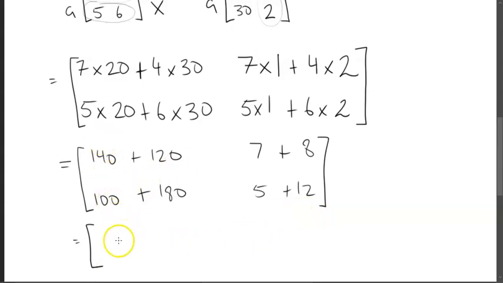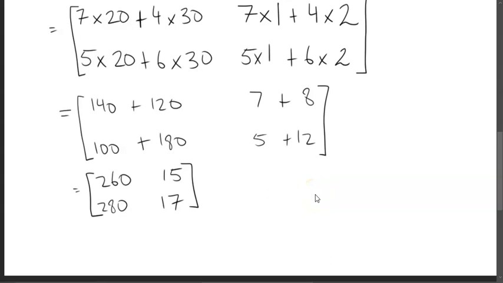6 times 2, 12. All right, let's add these 4 sets of numbers. 140 plus 120, 260. 7 plus 8, 15. 100 plus 180, 280. 5 plus 12, 17. Close that bracket. Now, the maths part to it is simple, but it's the context part to the question that